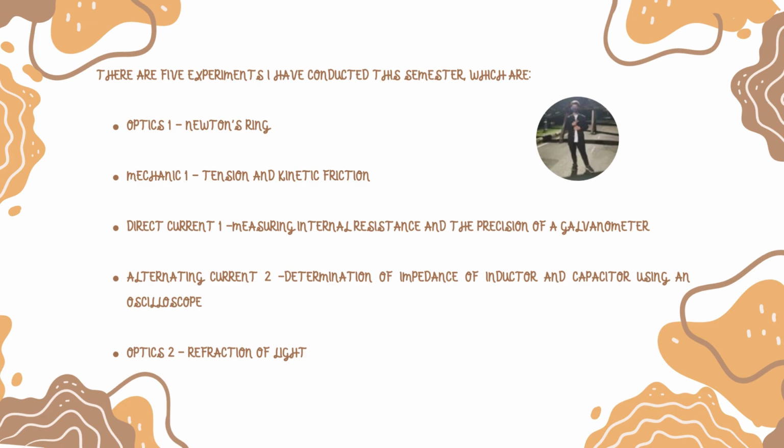The fourth experiment involved alternating current, AC, circuits, where we determined the impedance of an inductor and a capacitor using an oscilloscope. By analyzing voltage and current waveforms, we calculated the reactance and impedance of these components, highlighting their frequency-dependent